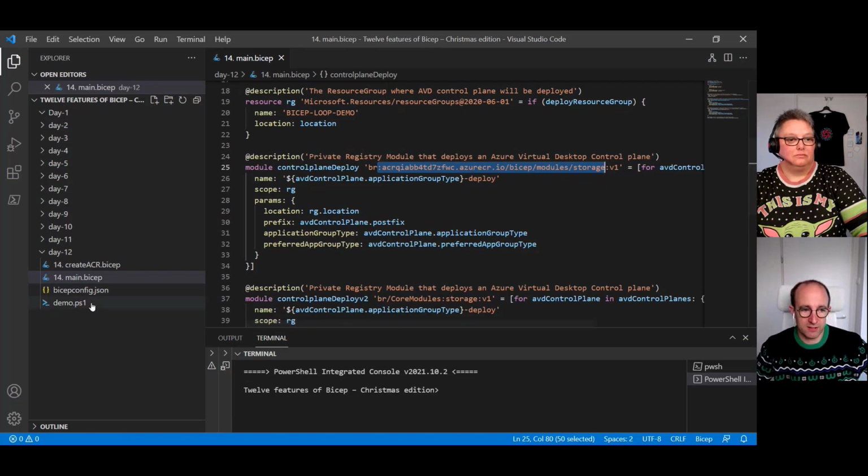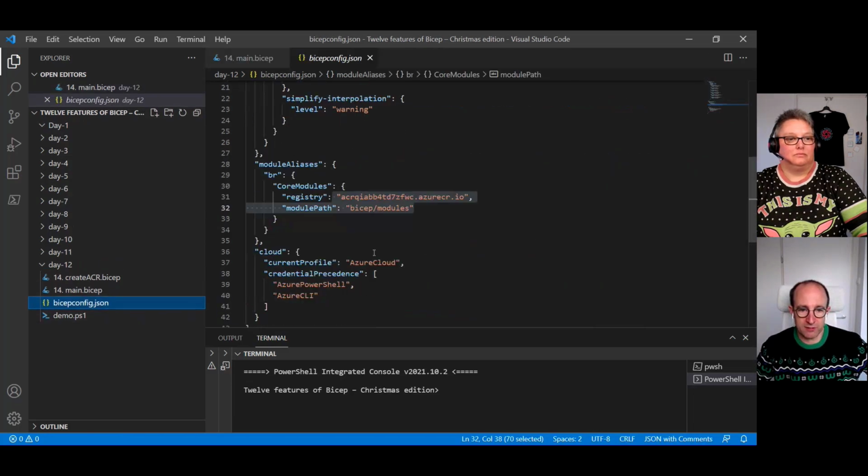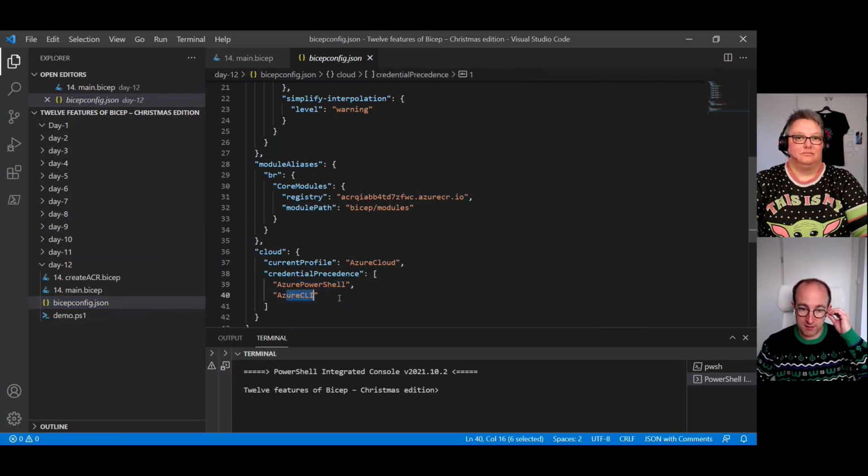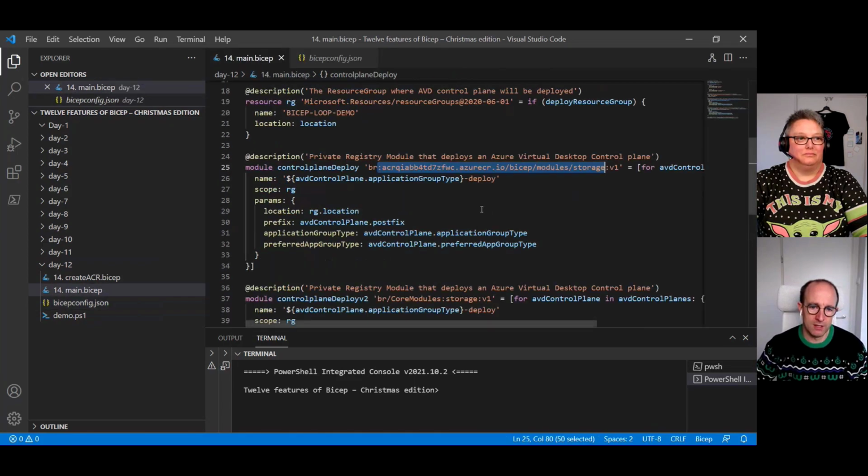And the other thing you saw in this configuration file is also the credential precedence. So I can say this: I want to have PowerShell as the first authentication, and then Azure CLI as the second. So in that case, the credentials within my VS Code are used to download the modules and start using them in Bicep. So that is the private registry, and as we mentioned, the next step is, of course, that the